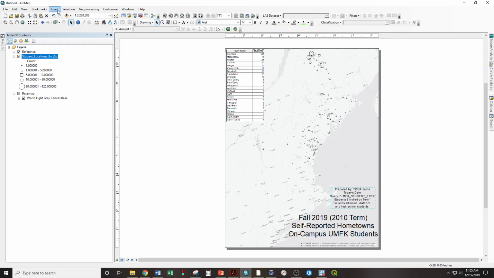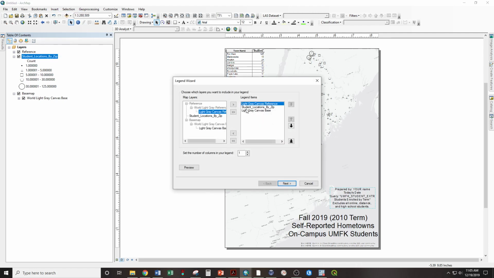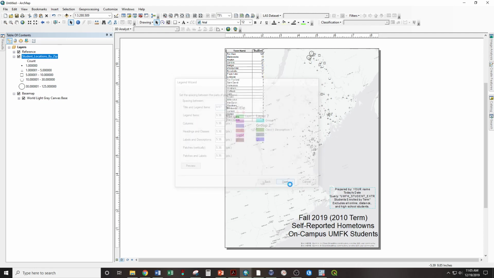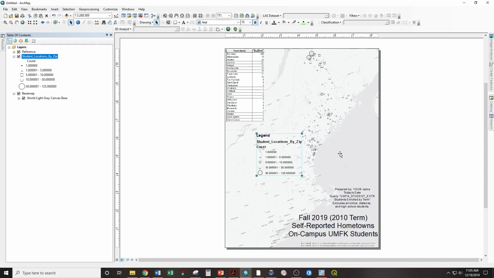Next, we want to insert a legend. Insert legend as before. We don't want the base map or the information that goes with it. We just want the student locations by zip. Next, next, next, next, next, finish. And there's our ugly legend. We can make it pretty by saying,